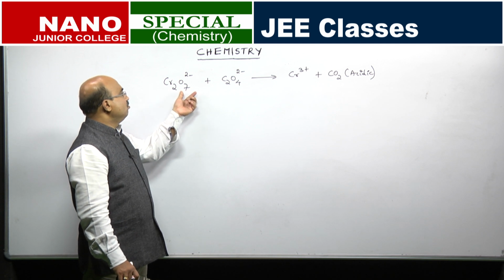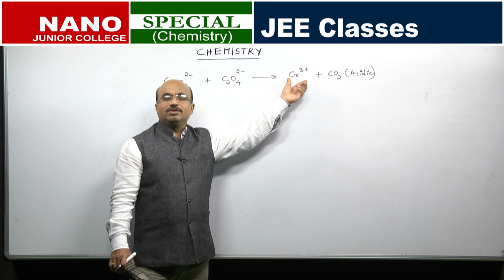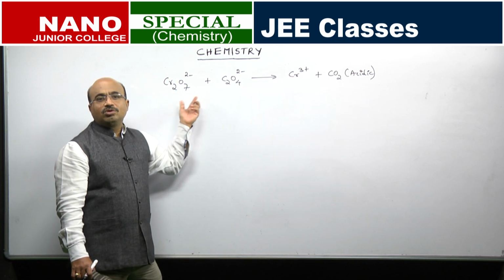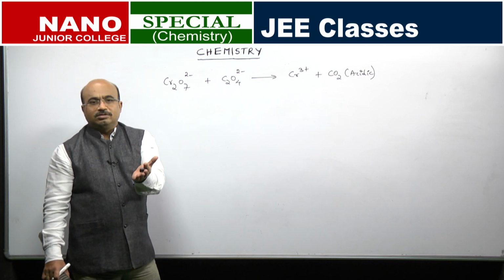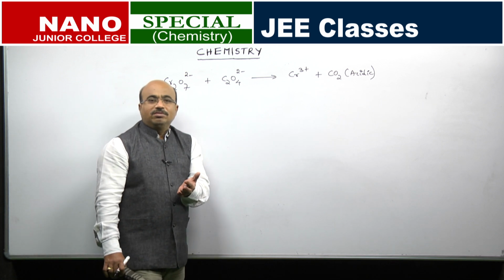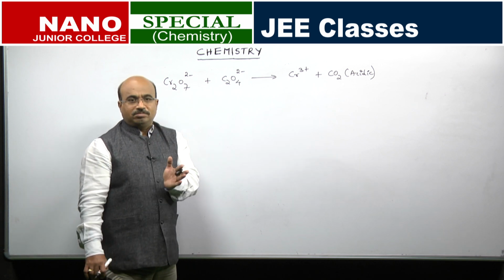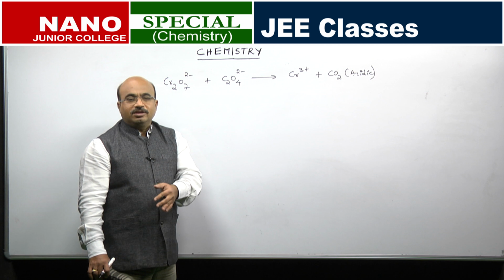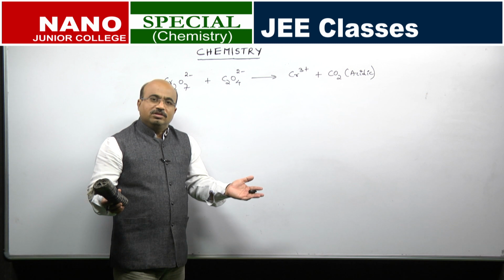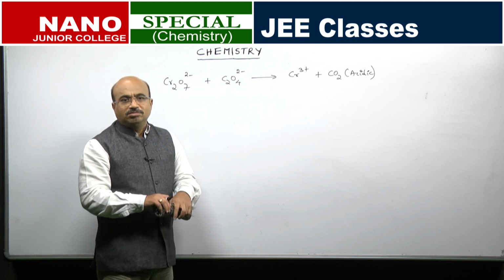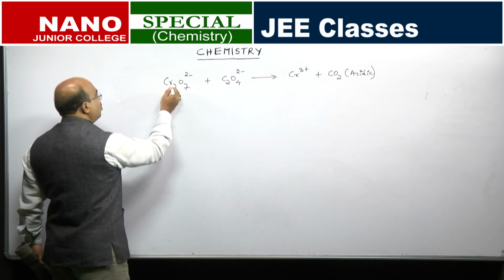So, what is this now? Around chromium we have 7 oxygens; here chromium is there, but without oxygen. So, what did we do? From the Cr2O7 we removed the oxygens. What is removal of oxygen? We say reduction. So, this is a simple way, without even the oxidation state concept, you can sometimes write easily. The oxidation state concept is introduced for simplifying things, and it should be easy sometimes. Now, you can say this directly is reduction, but otherwise let us see the oxidation state of chromium here.